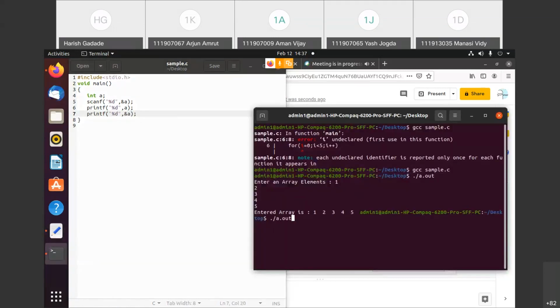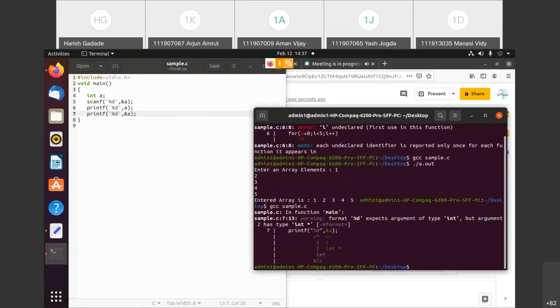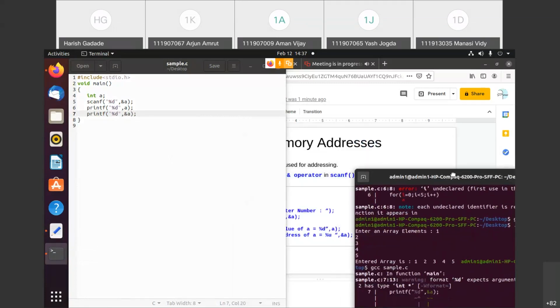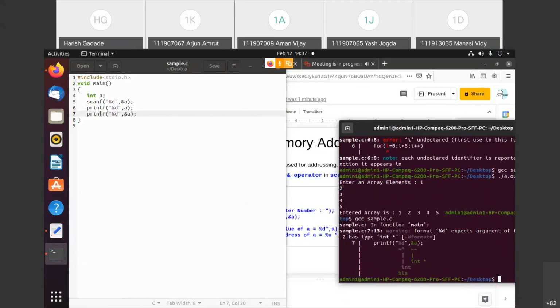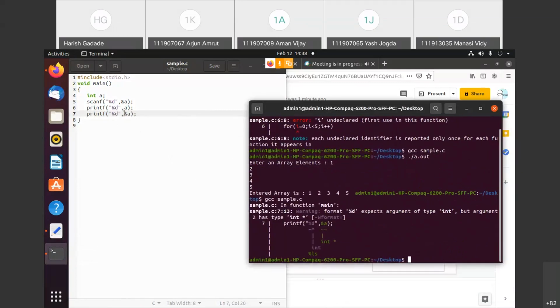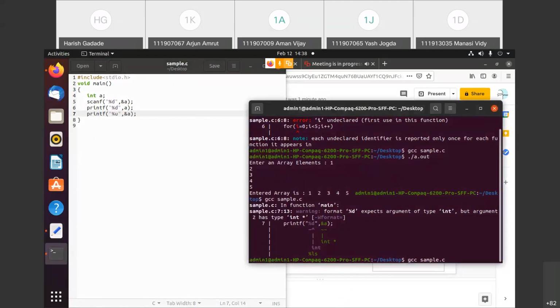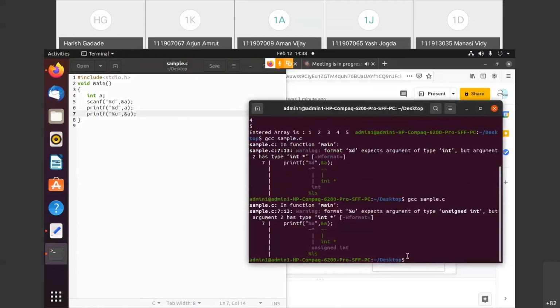So what happened here? Unsigned int. Okay.